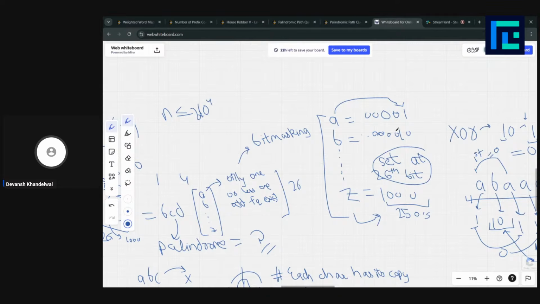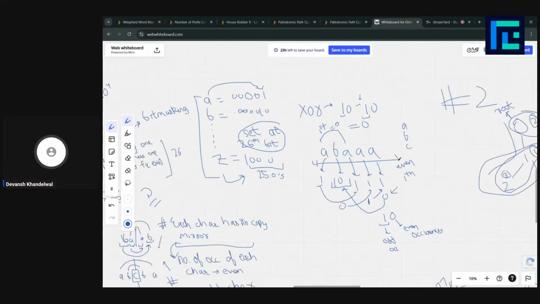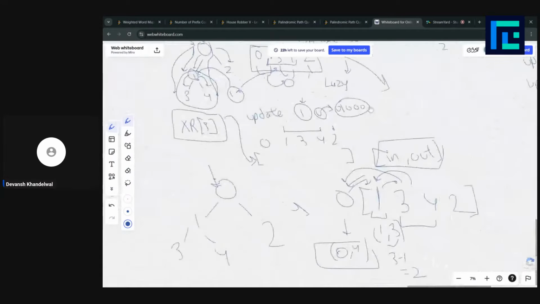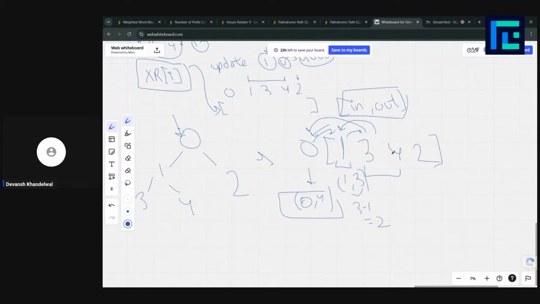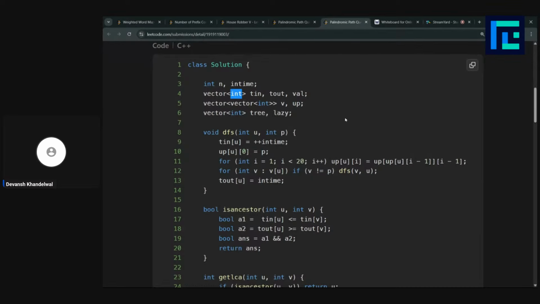For B, it is set bit at the second index, or the index just left of the least significant bit. Right? So using this, we have in and out time for each index. And then we'll move forward.